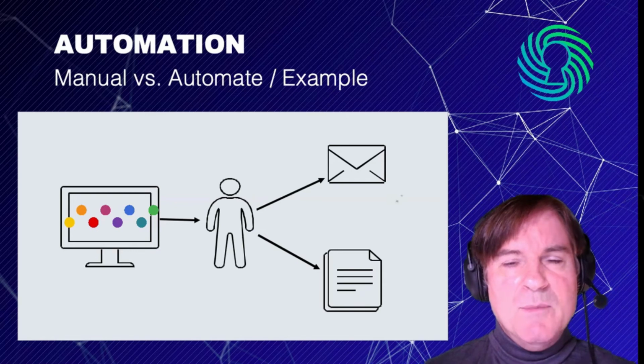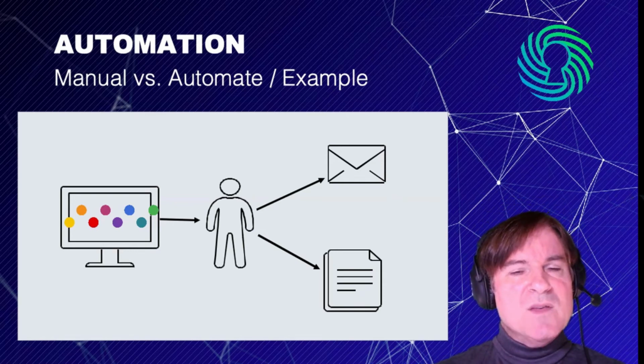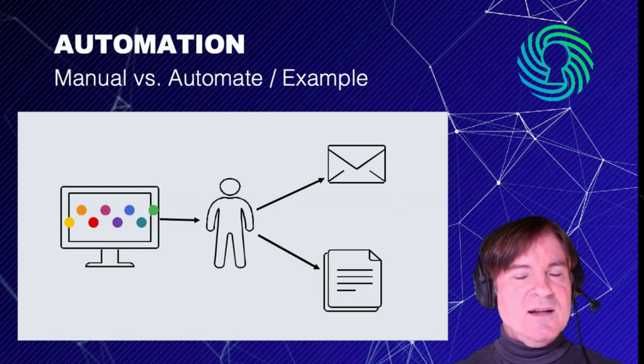So now we know what an API is and what a third-party automation tool is. Let's look though at how this is done in a way where a manual task would be automated. This is a very simple one and just one of many possible examples, but this is one that's not an uncommon one.